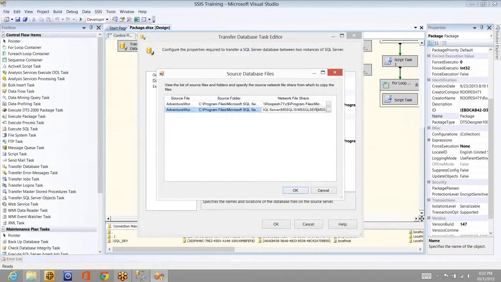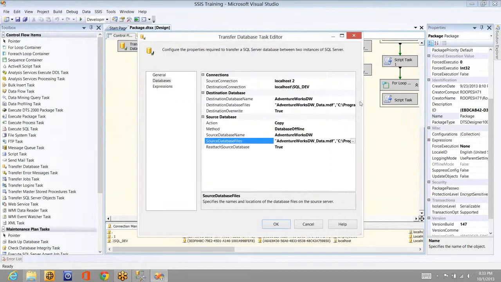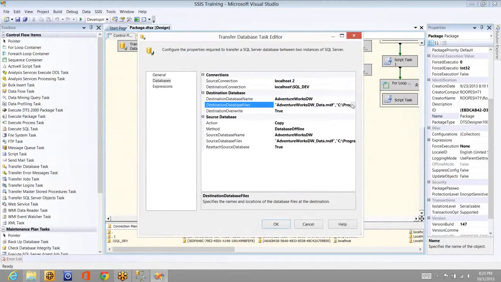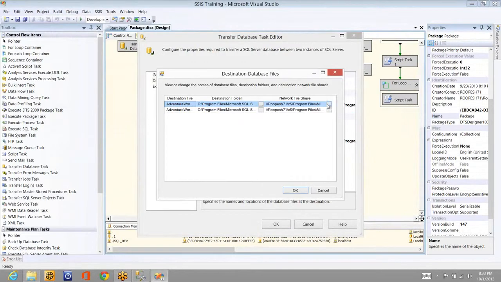I'm setting the source. For the network file share path, what you need to do is give the server name, and it will be the dollar sign, and where is that slash missing, Kranti? There is nothing missing, right? So this is fine. The source is set, and let me set the destination to this. This is also set. You click here, and it goes to the same one.